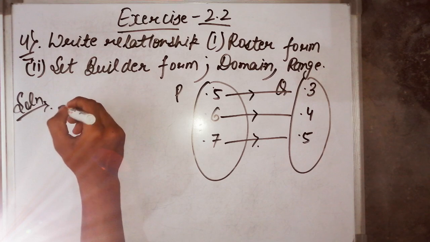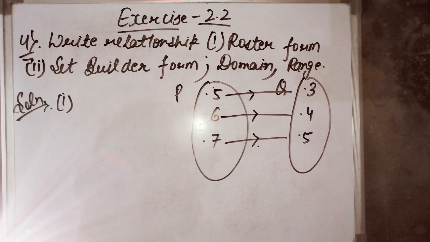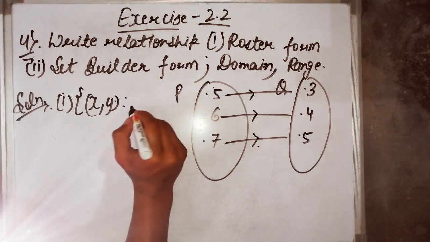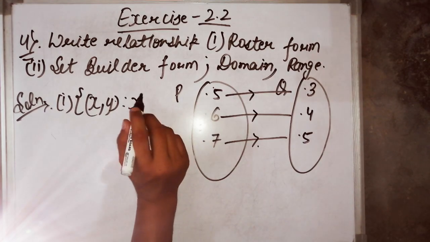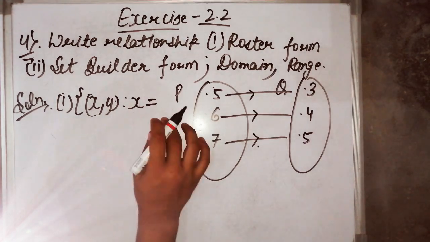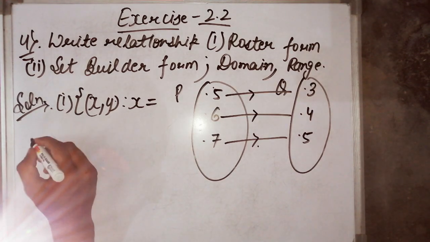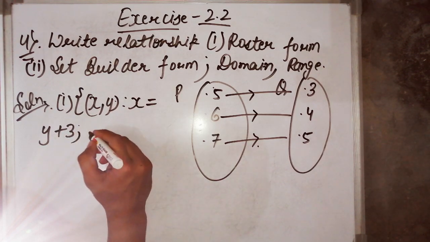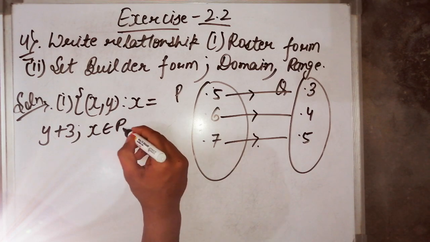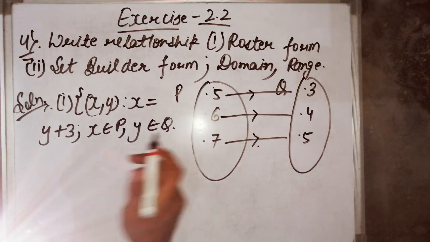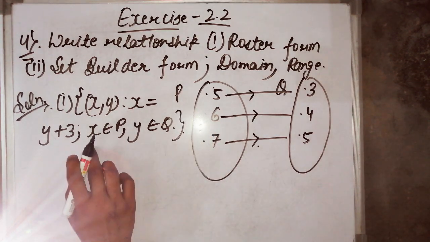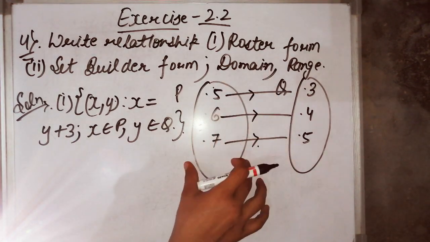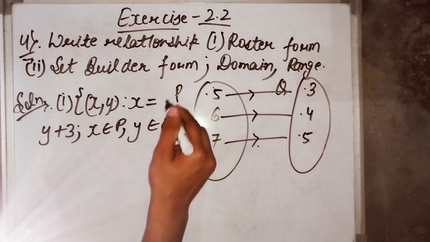In set builder form we will write it as x y is related to x such that x equals to, I'm writing as x is equal to y plus 3 and x belongs to P, y belongs to Q. Students, this is a very important line and you need to write x belongs to P and y belongs to Q, because it is not written here which is x and which is y, so you need to write it down. Okay,